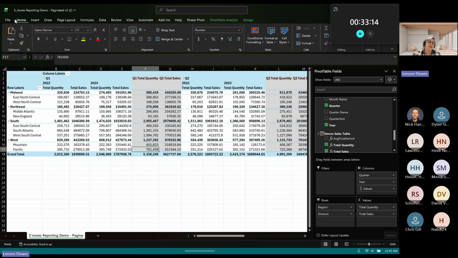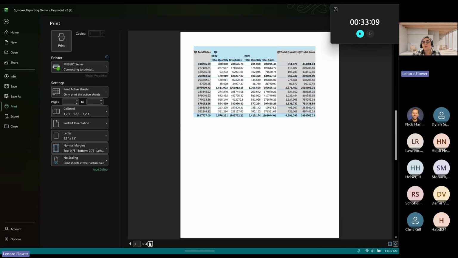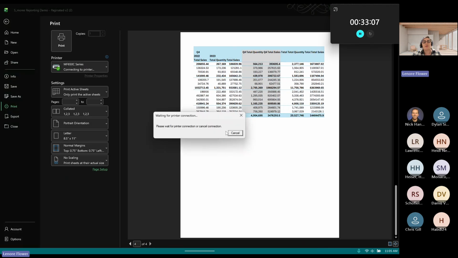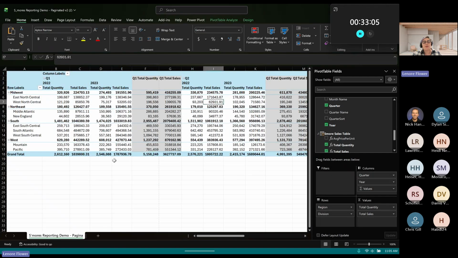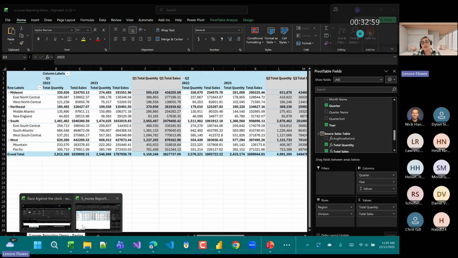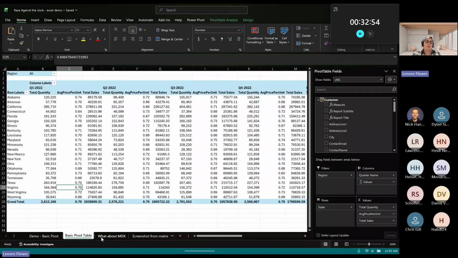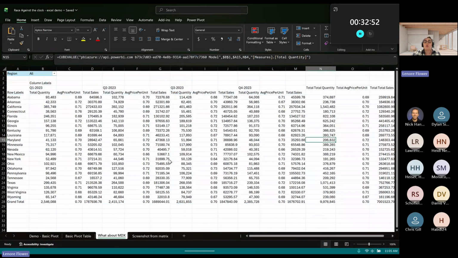And then suddenly you have the same problem we were talking about in the first place, which is, gosh, this is kind of icky to print. It's not really coming together the way we want it to. This isn't working great either. And if you don't like this formatting, you can do some work with the formatting to clean it up in Excel. But you're going to have to do a lot of fancy footwork to make that happen, right? You could even, if you're really fancy, explore creating a dynamic report in here and have it printed from Excel.